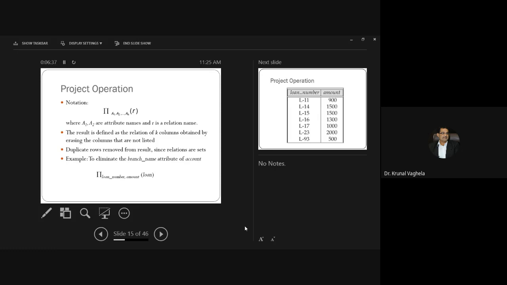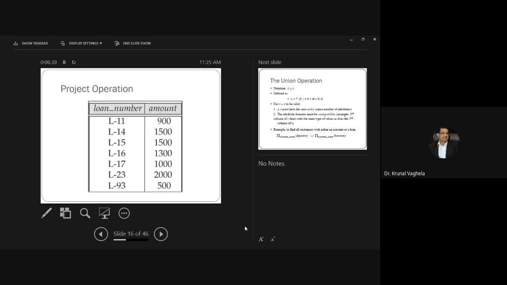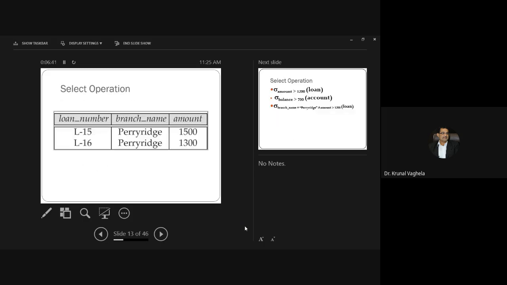Now, if you observe the output of this, it is giving all the attributes. Getting my point? In the output, loan number, branch name, amount, all the attributes are coming.